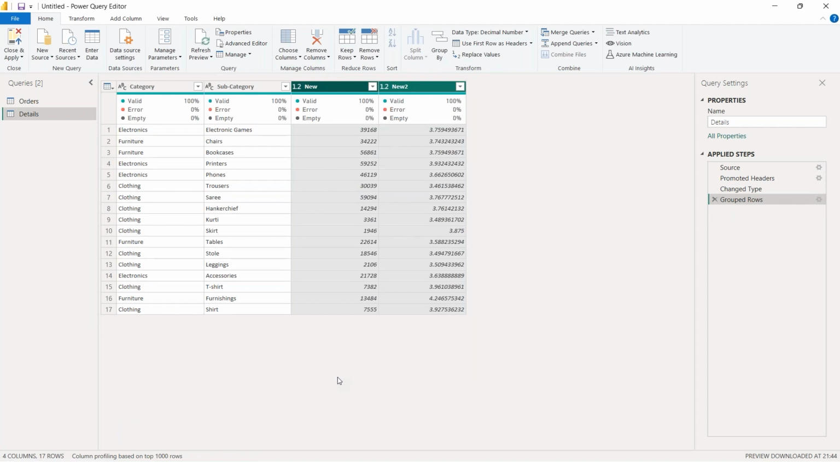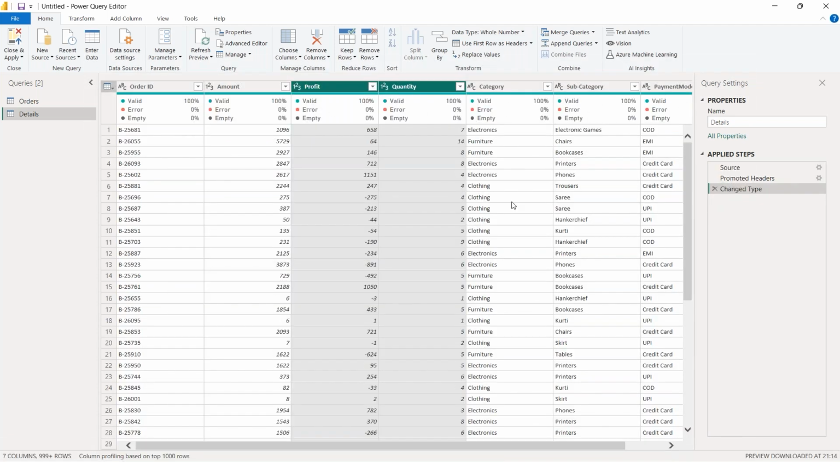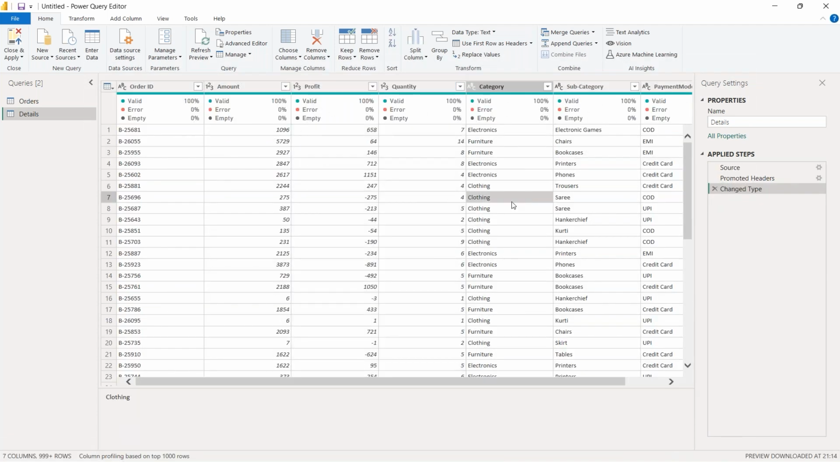Based on these multiple things, you will see the new and the new 2 based on your categories. So this is how you can add the group by function on your data. For now we don't want this, so let's go and remove this. Now here, if you see,